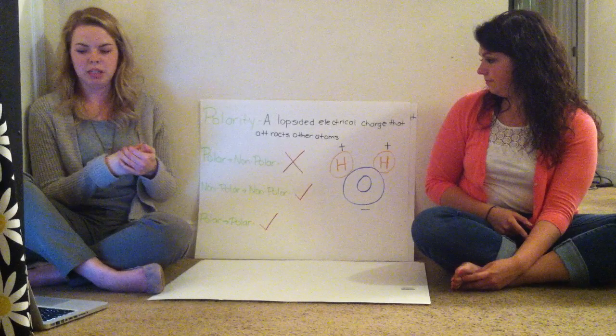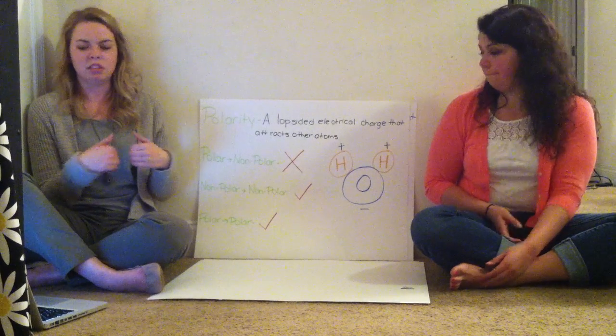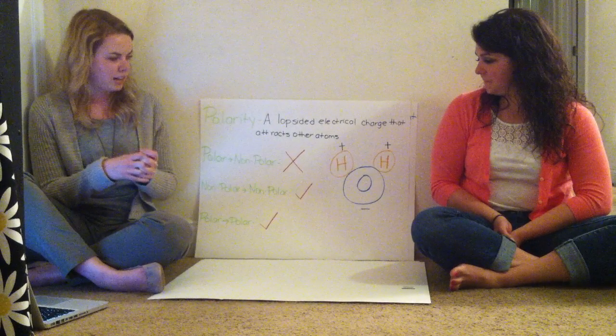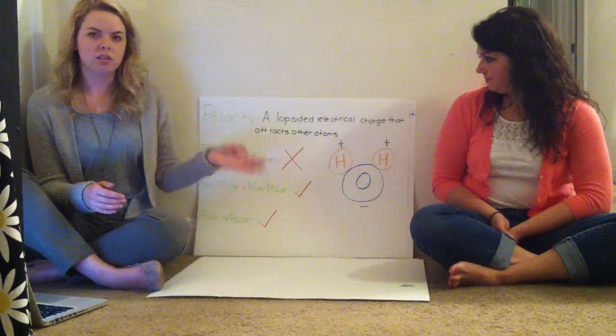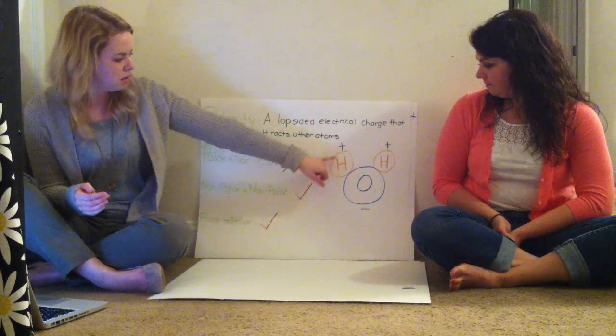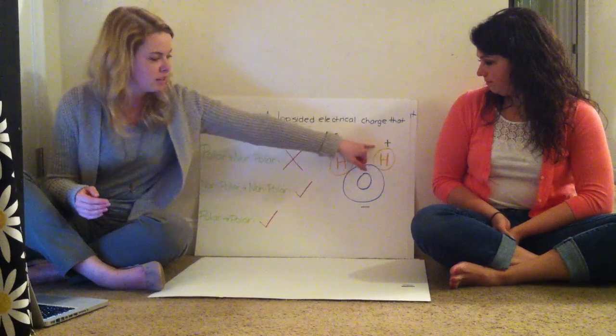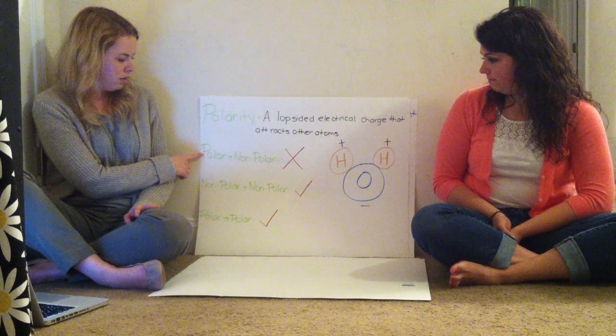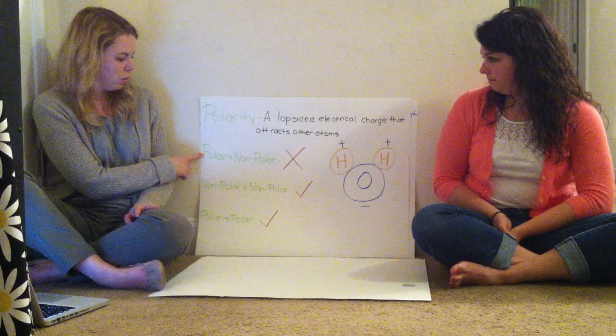And basically that means that water, since it's polar, allows other substances to dissolve into it. And it kind of acts as a magnet. Just like on a magnet there's a north and south end, this is our positively charged end and then our negatively charged end. And then right here we have polar and nonpolar, and we have an X, which just means that a nonpolar substance